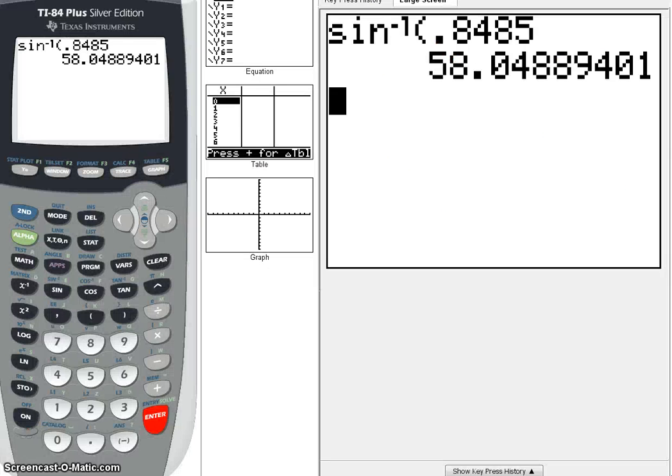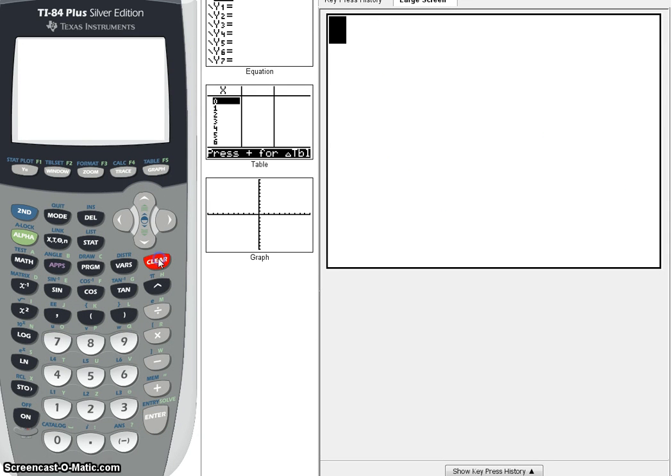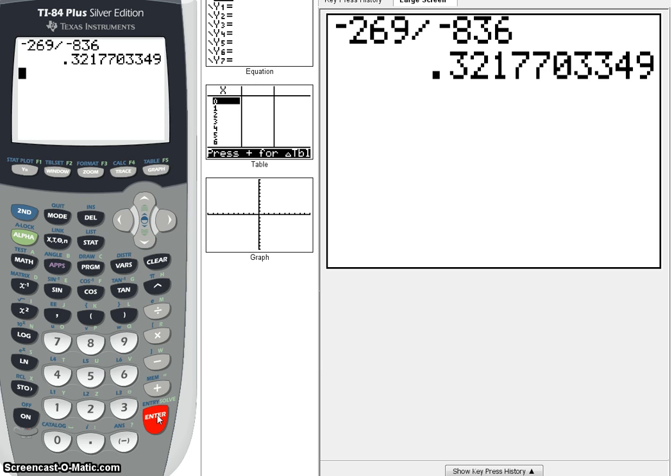Now let me show you kind of a shortcut. What we did here when we were finding this, at one point I took negative 269 and I divided it by a negative 836, and that's where I got this answer of 0.32177. I want to know what the cosine inverse is. So what I do here is I go second cosine, and then I go second, the negative sign, right above